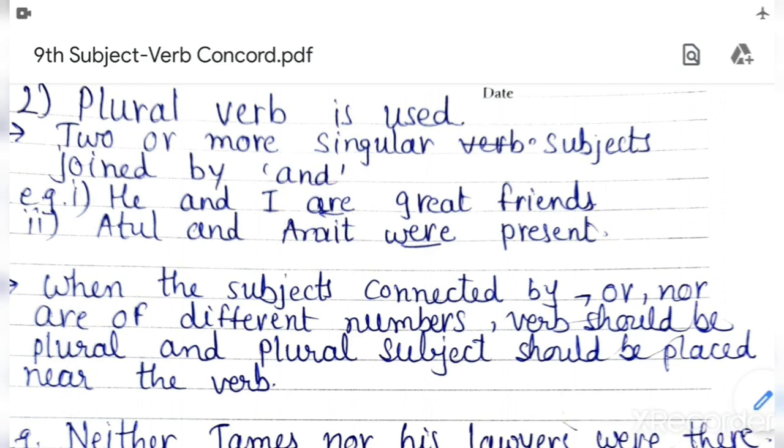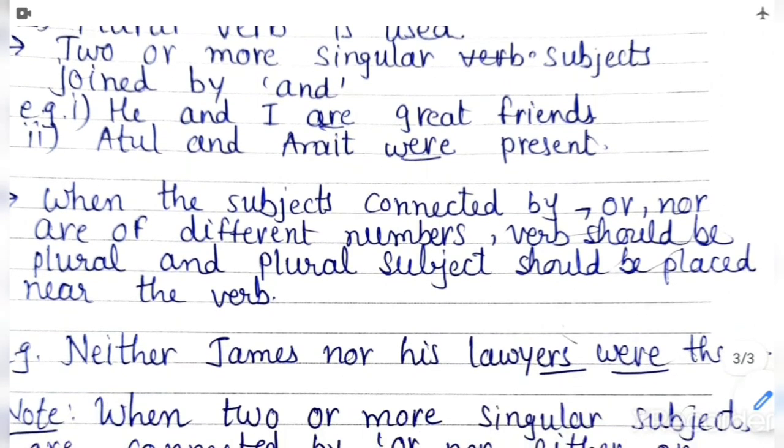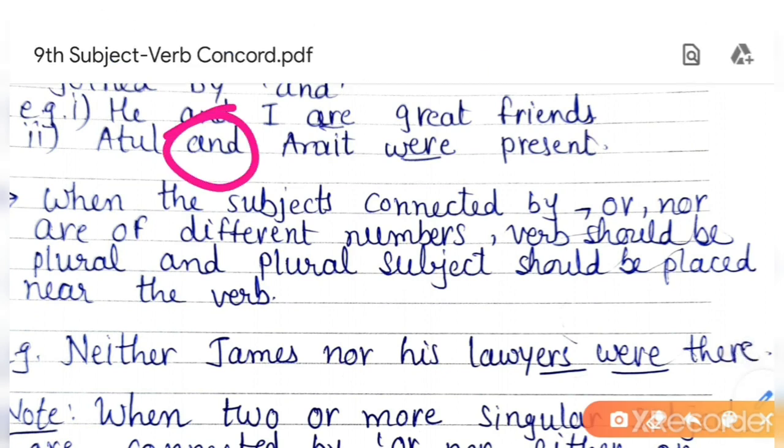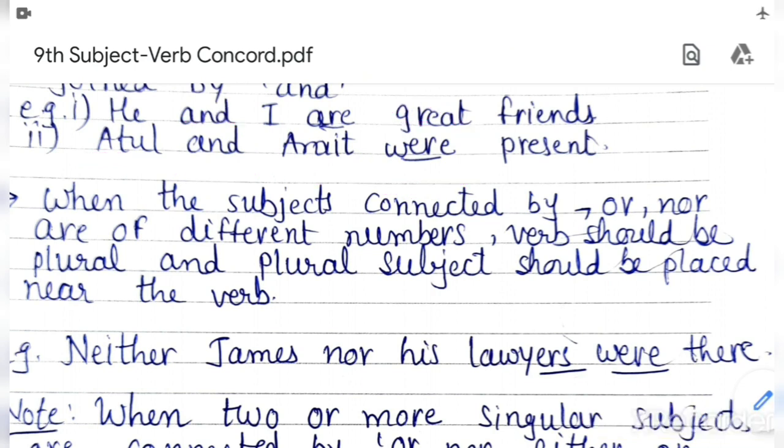Next sentence is Atul and Amit. Here two persons are there, Atul and Amit, joined by and. So we use are, or the past form, were, here. Understood? Then next rule is when the subjects are connected by or, nor,